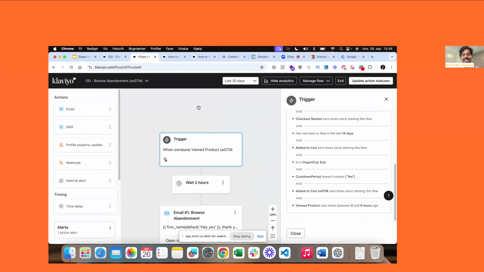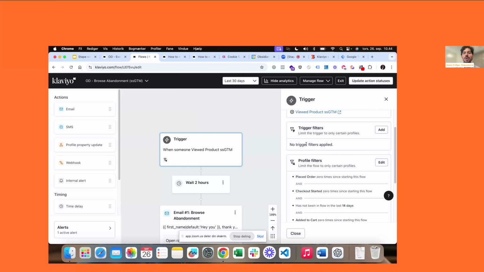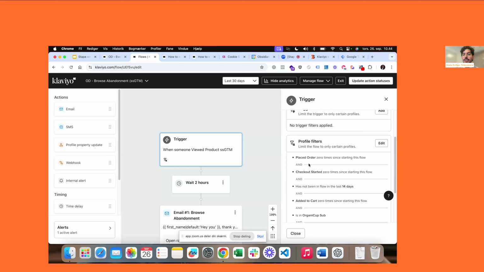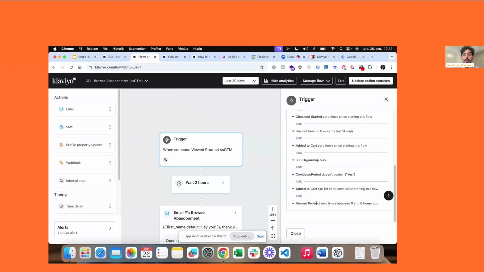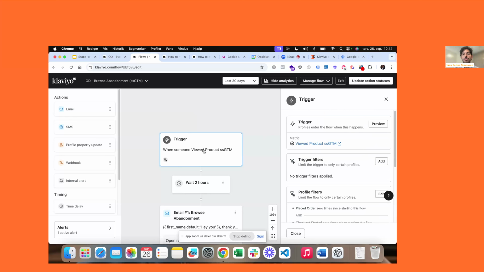Sorry, I just sometimes get nervous in these situations where I'm showing something live. But yeah, what you'll see here is that we've placed a bunch of filters to make sure that the only reason why people can enter this flow is because it's only a viewed product SSGTM that has triggered, and we've excluded any other kind of event, a viewed product that would otherwise have been part of the trigger if I did not think about it. So we're actually isolating every email that has not triggered a viewed product. So that's why they're not on the other flow, but have only done it because the server-side setup allowed it